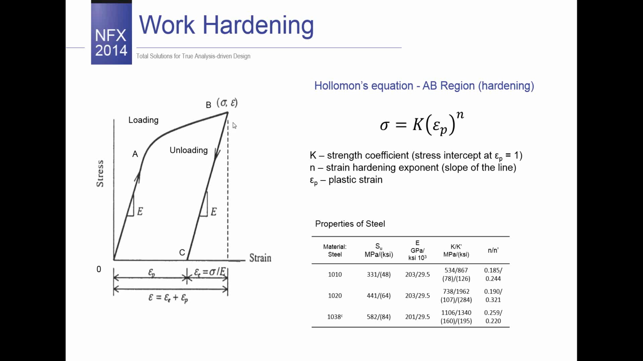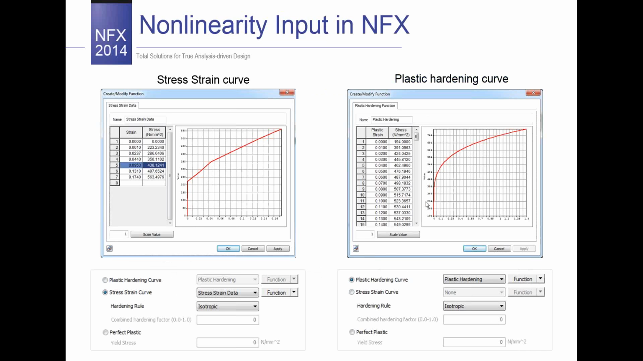And this part on the curve is characterized by this Holomon equation. So this is the formula which is used. So if you have this data, which refers to the strain coefficient and strain hardening, you can provide this curve into Midas NFX, and this will be very useful if you want to use the plastic hardening curve. So at the bottom of the page, we see some properties of the steel, so it's easy to get this information. And on the next slide,